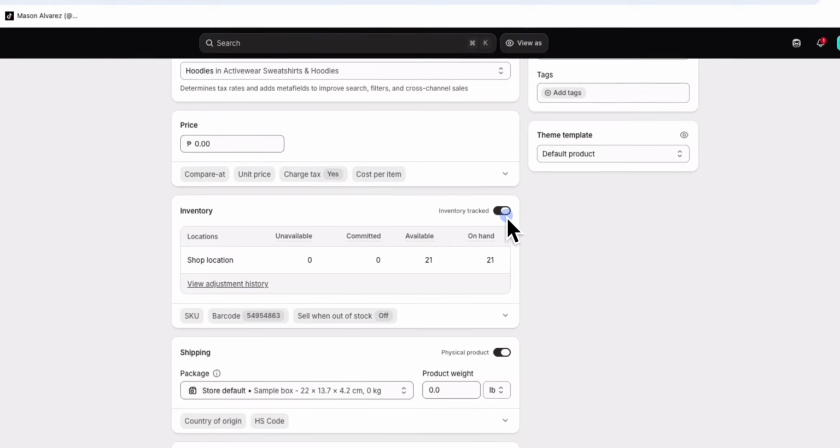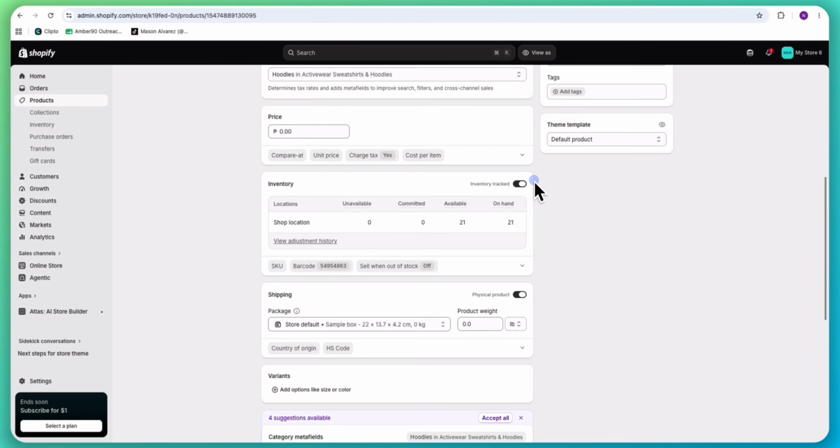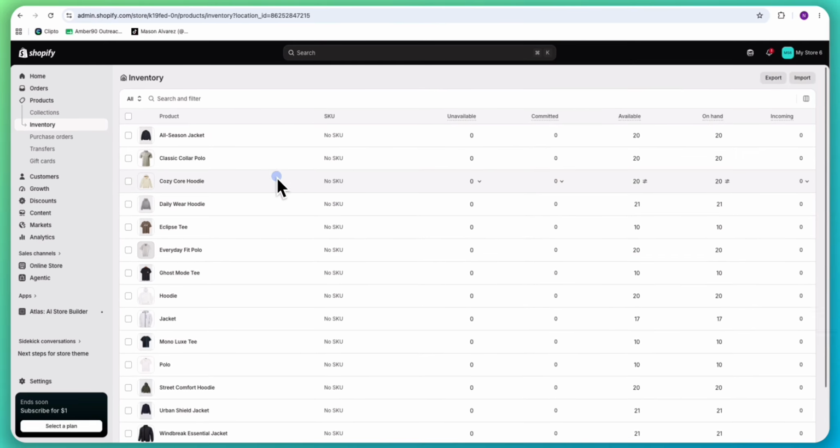then make sure inventory tracking is turned on, and you can also enable this when adding a new product so Shopify can start tracking its stock right away. Once that is done, return to the inventory page and you'll now be able to see details like the available